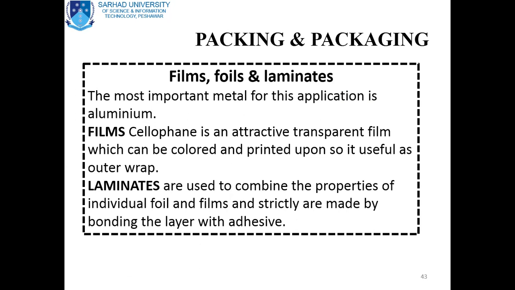Finally, we will discuss the film, foils and laminates. The most important metal for this application is aluminium. Cellophane is an attractive transparent film which can be printed and painted upon, so it is useful as an outer web. And the laminates are used to combine the properties of individual foils and films, and are made by bonding